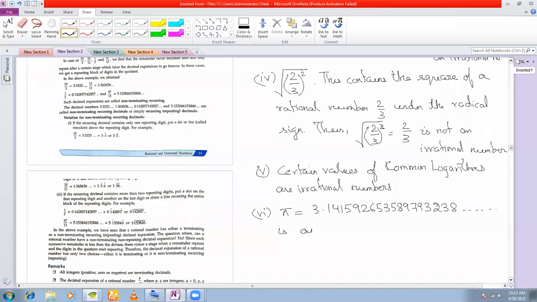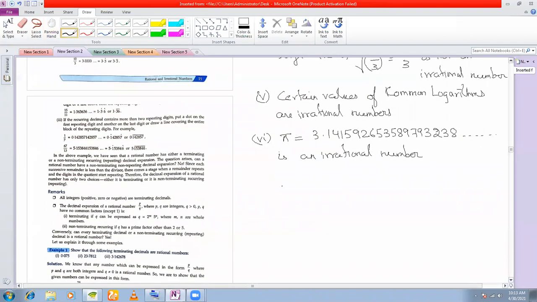Now the question here is, you will say, but sir, we have worked with the value of pi as 22 by 7, so why can't pi be a rational number? Can anyone explain why we take pi as 22 by 7, yet it is an irrational number? Can anyone tell me? Commonly, we take pi as 22 by 7 or 3.14 or 3.142.